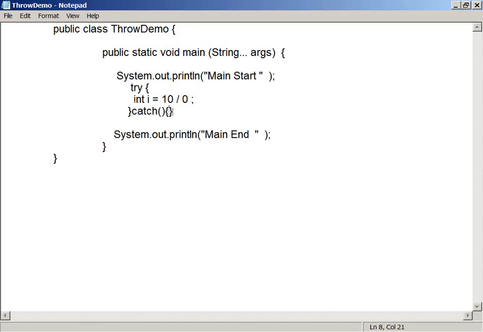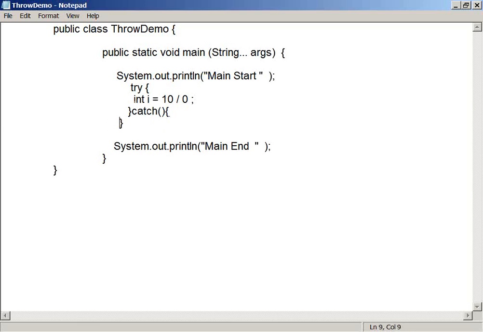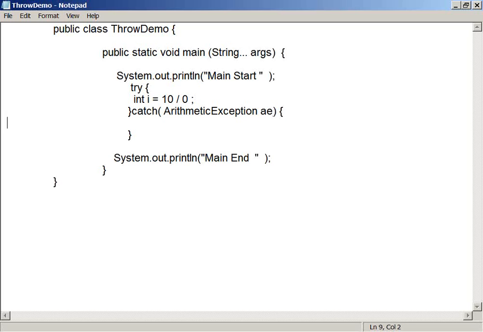The object is created of the ArithmeticException type, with some object reference, and I'm going to do something here, like printing it, as I did in the first program. But the thing here is that the statement is executed and the object is created and thrown, everything by the Java runtime.